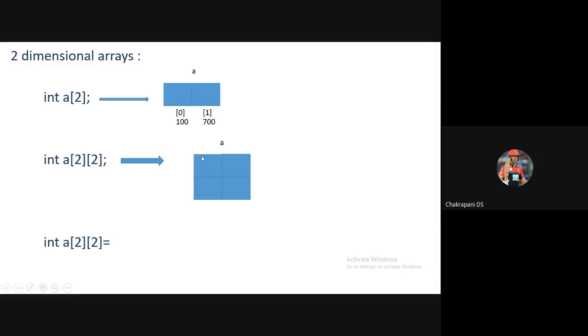Observe here, this first memory block is situated in this row and this column. Let's consider this row as 0th row and this column as 0th column. How can this memory block be represented? It will be represented as 0, 0. That means it is in 0th row and 0th column.